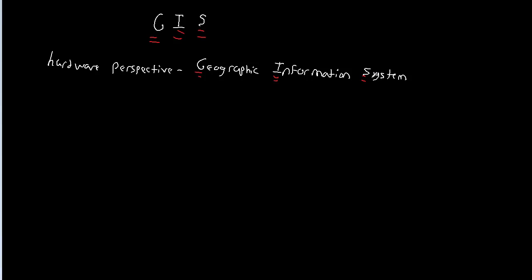And the reason I say this is the hardware perspective is because, as is implied here with the word system, this conceptualization of GIS relies almost exclusively on the idea of GIS as simply being a mixture of hardware and software on a computer that allow you to analyze spatial data. So from this perspective, a geographic information system is a combination